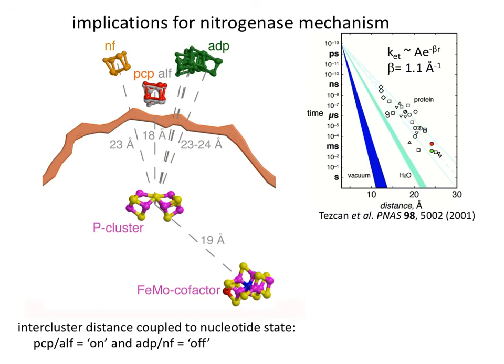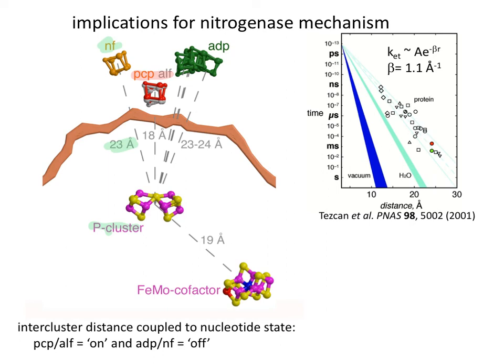This angle and the structural changes in the iron protein actually cause a substantial difference in the distance between the Fe4S4 cluster in the iron protein and the P cluster in the iron molybdenum protein. So here at the start, we have the iron protein with no bound ATP. It's nucleotide free, and you can see the distance between the Fe4S4 cluster and the P cluster is 23 angstroms. Binding of ATP, which is modeled by either the PCP or the aluminum fluoride model, changes the structure of